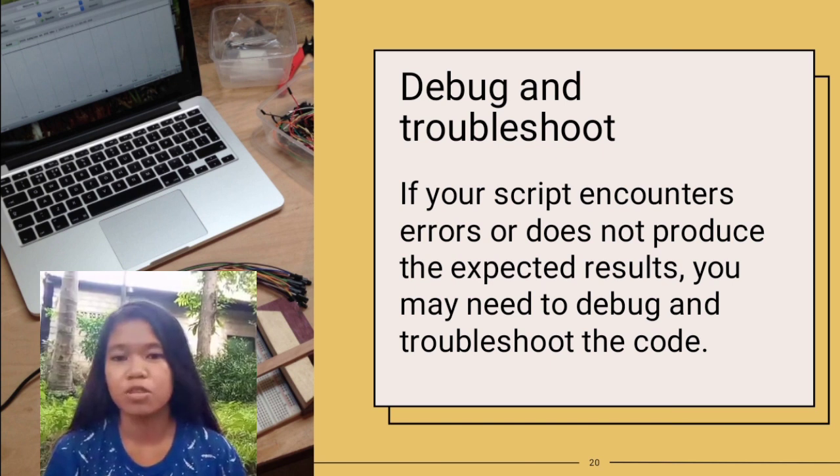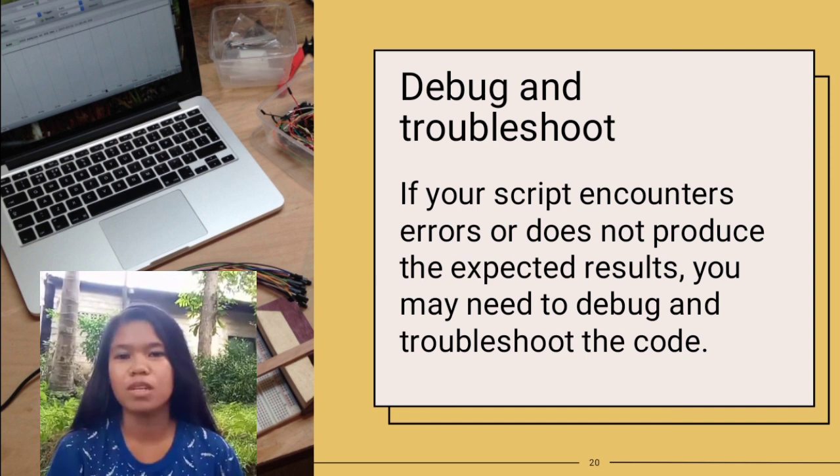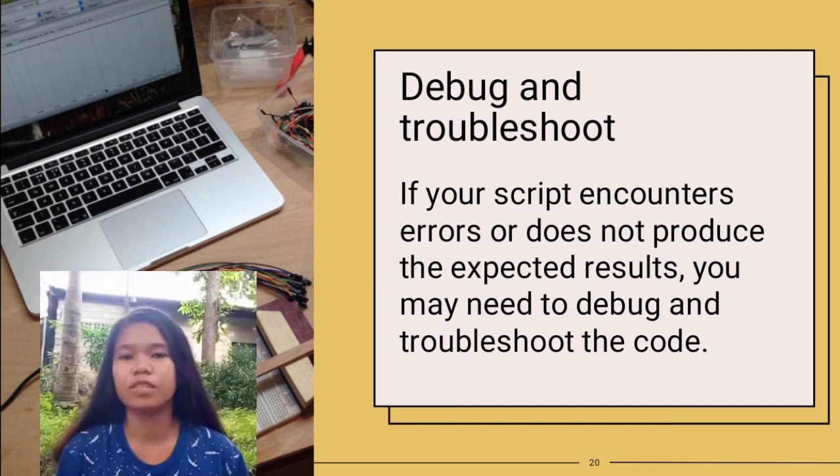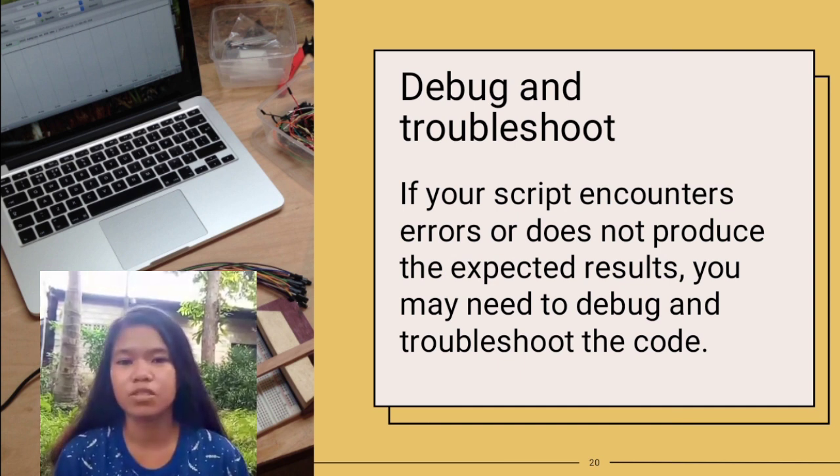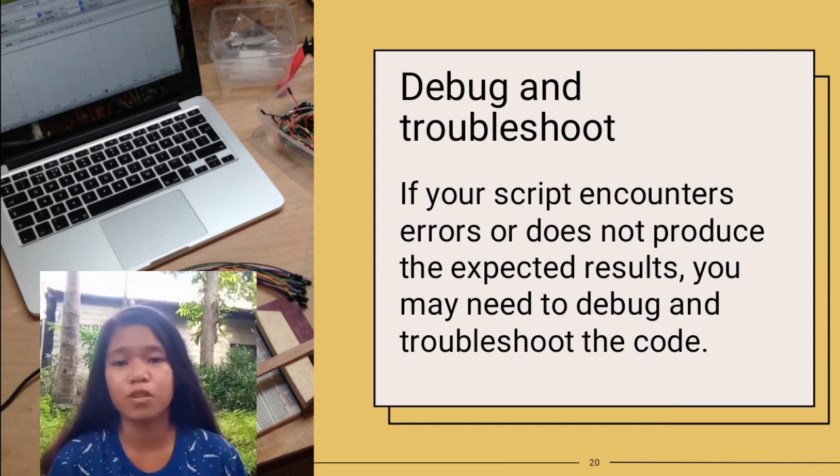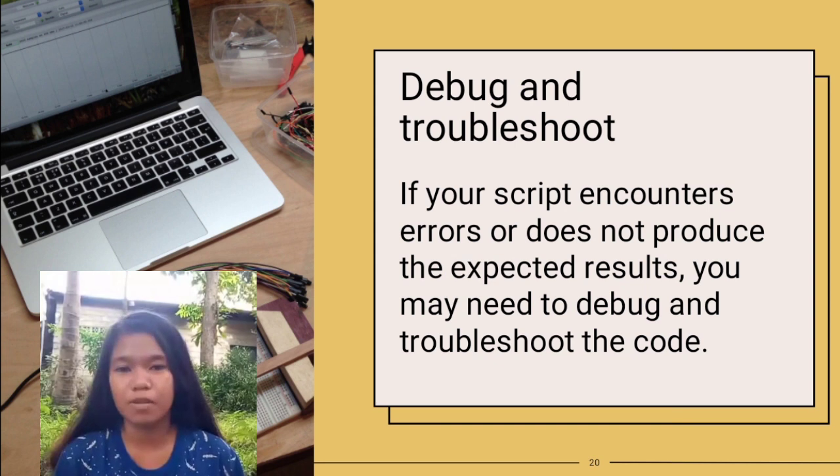Debug and troubleshoot. If your script encounters errors or does not produce the expected result, you may need to debug and troubleshoot the code. Debugging is the process of finding and fixing errors or bugs in the source code of any software. Troubleshooting is more procedural, as the entire process typically revolves around specific workflow protocols that can keep the issue from being fixed as soon as it's found. Debugging by definition is meant to find and fix the problem all in one shot, but the reality could be